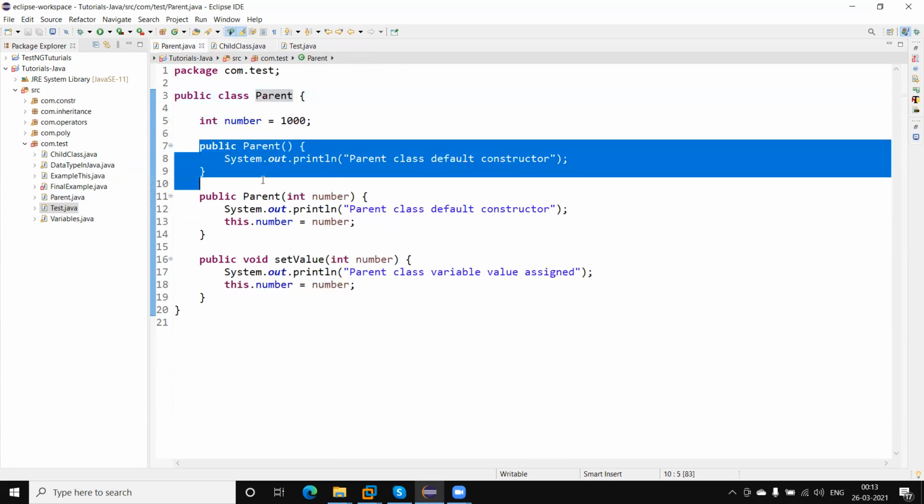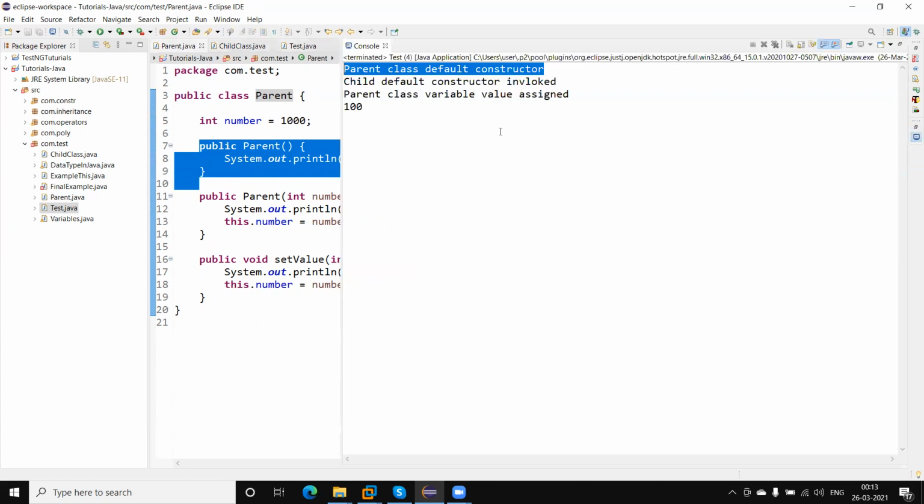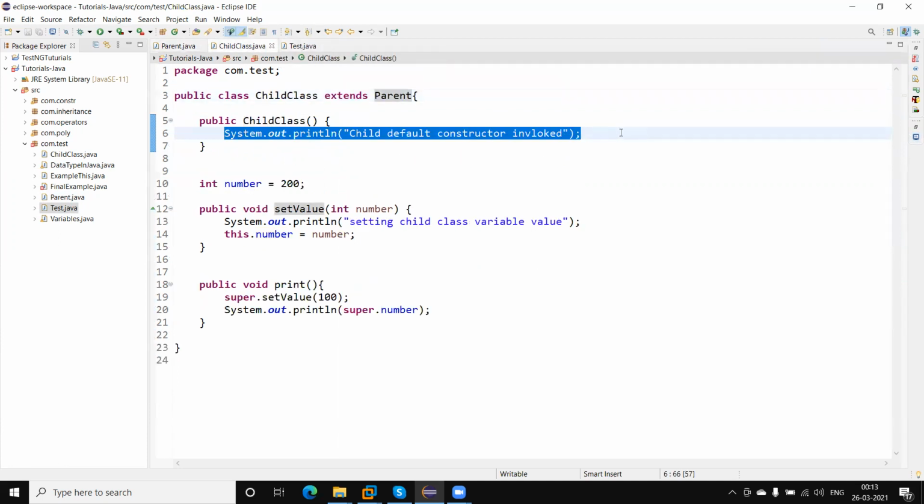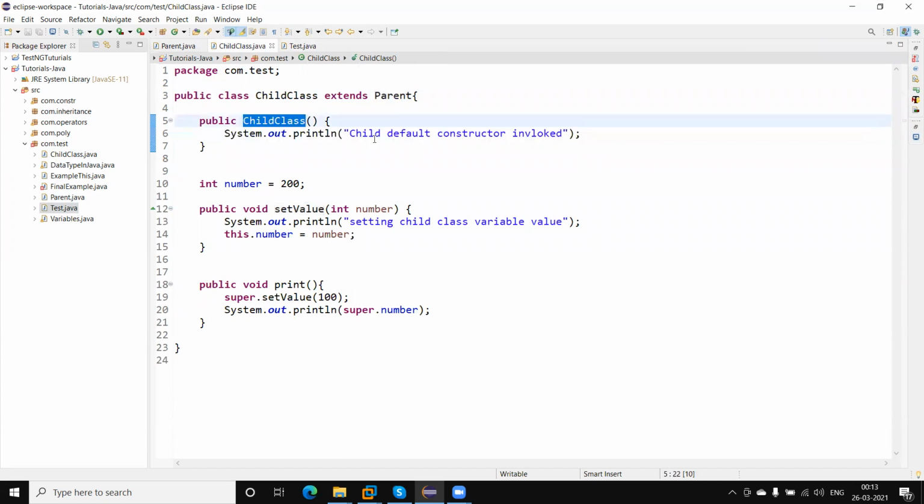The parent class constructor will invoke and print parent class default constructor is executed, and then it returns back to the child class constructor, and this statement is executed. So this automatically calls the default constructor.